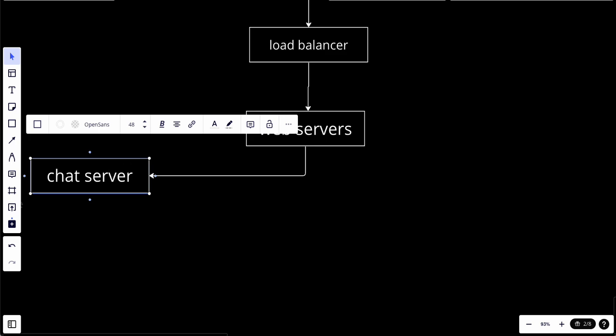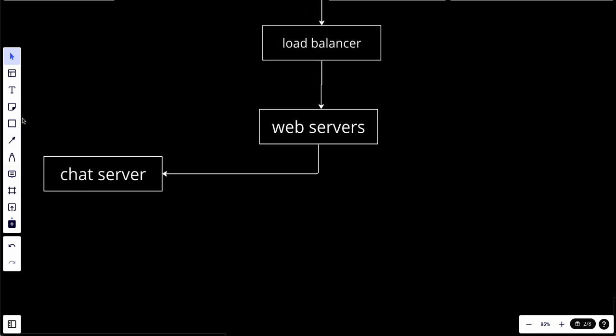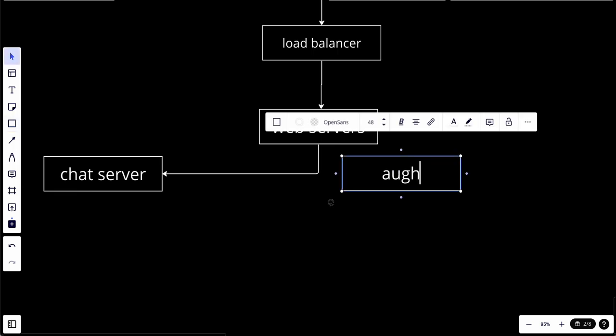Or maybe, let's just assume we have a chat server. Maybe we have another authentication service. We have here one auth for authentication. No, we don't. The authentication is done by the load balancer. Maybe we have a profile service. Okay, let's just assume it's also a chat server